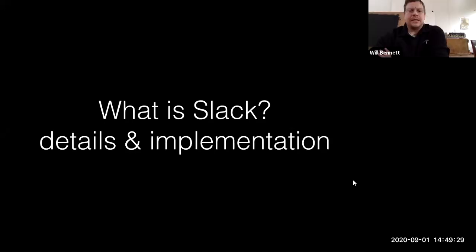Okay, so I will tell you a little bit about what Slack is. Mark and I actually each independently, around the same time, landed on this as our chosen platform for doing online engagement with students in Lane 1. And that's why we're talking about this together.